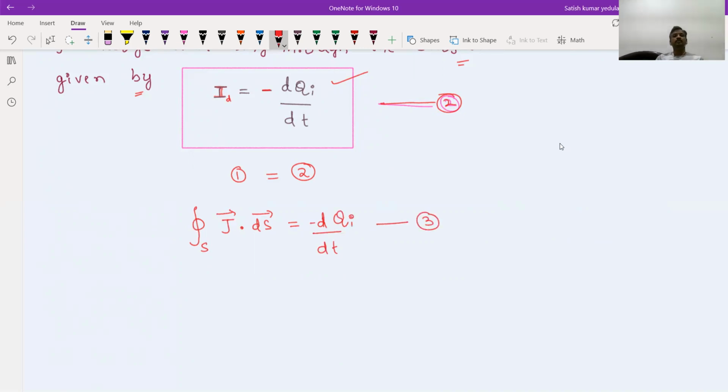But the problem here is that this is in terms of a closed surface integral and this is in terms of normal differentiation. You should always try to reduce this and remove that integration, and that is possible when you write the expression for q. You might have already studied the expression of q in various integrations and in terms of various charge densities.